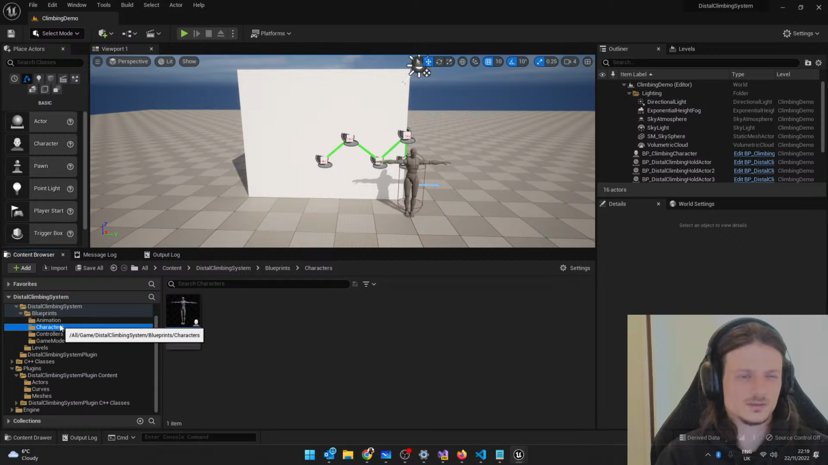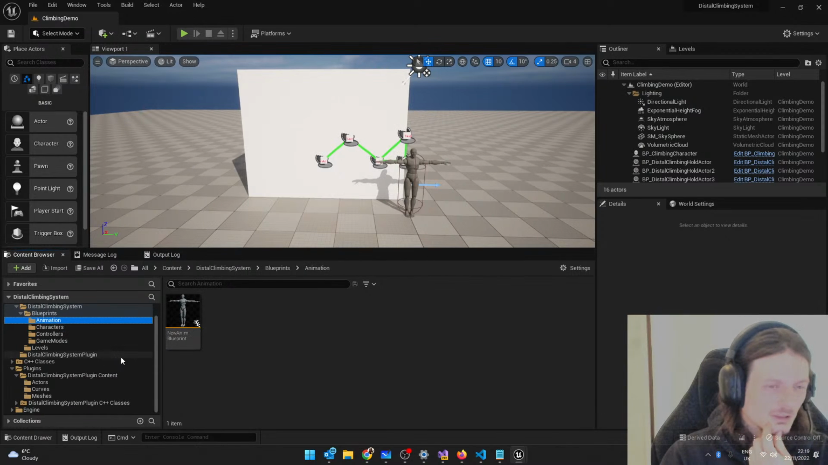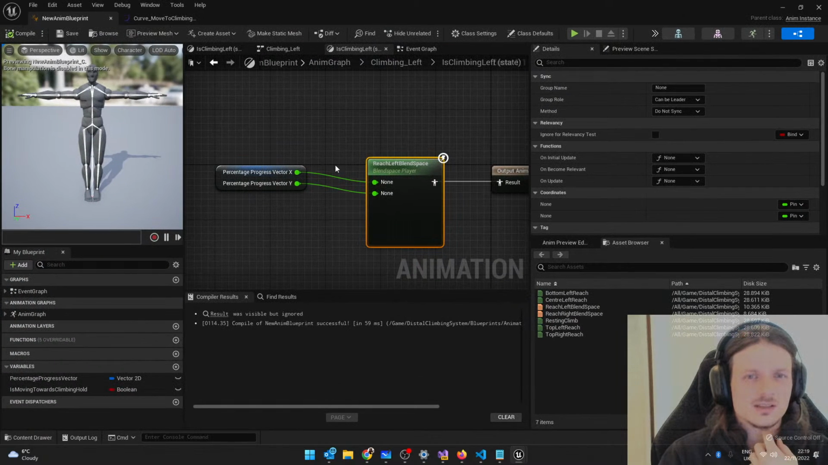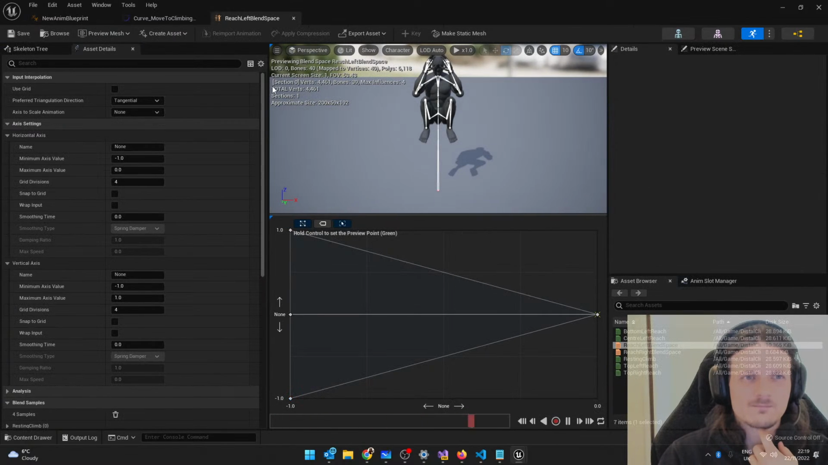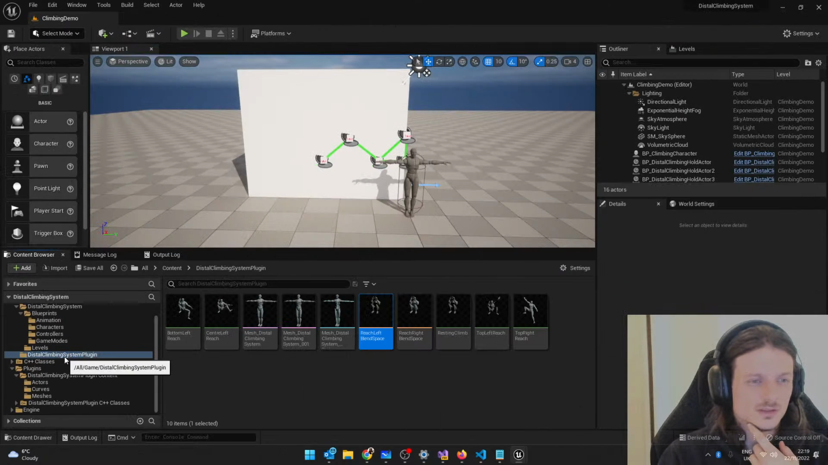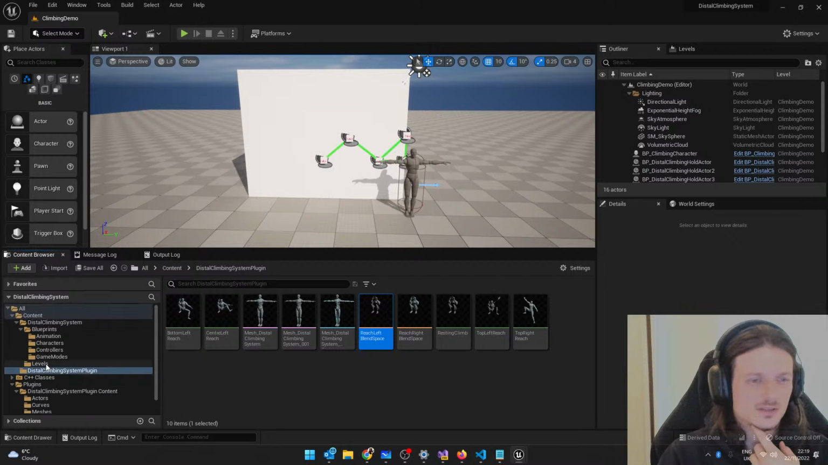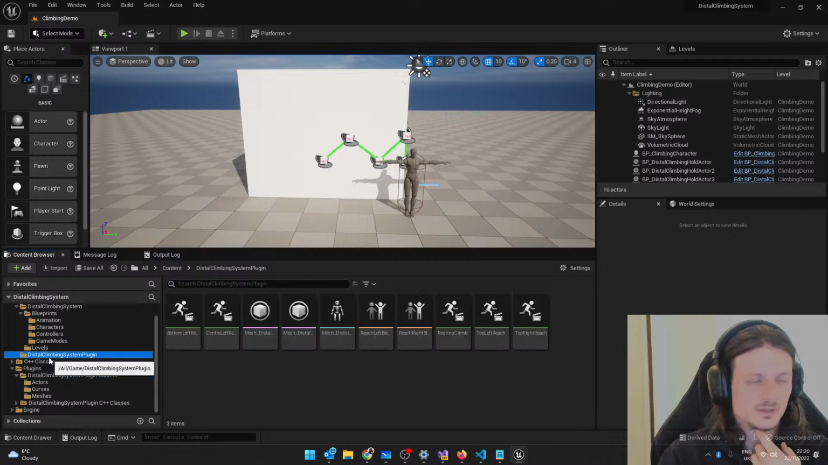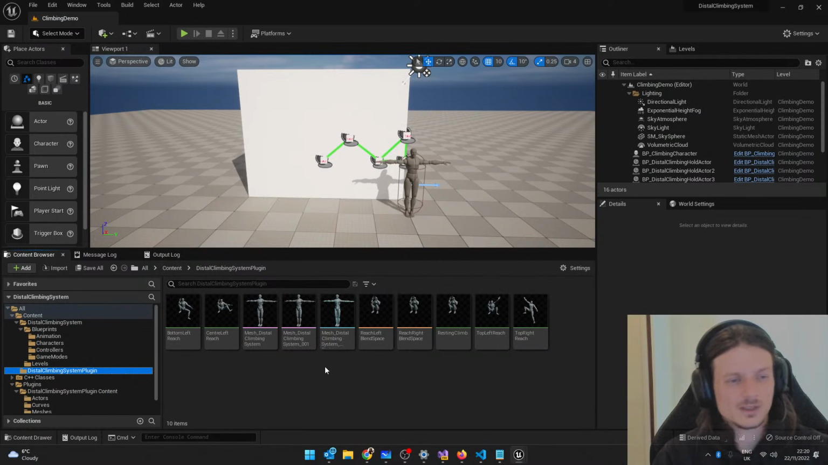Not sure actually. Where did I put the blend files? Blend space. But where is this file? Browse to asset. Apparently it's in here. Weird. Don't even know where that is. Okay, well,